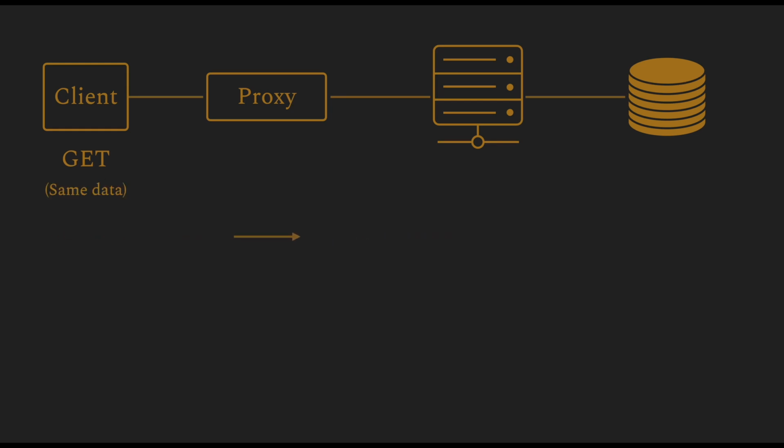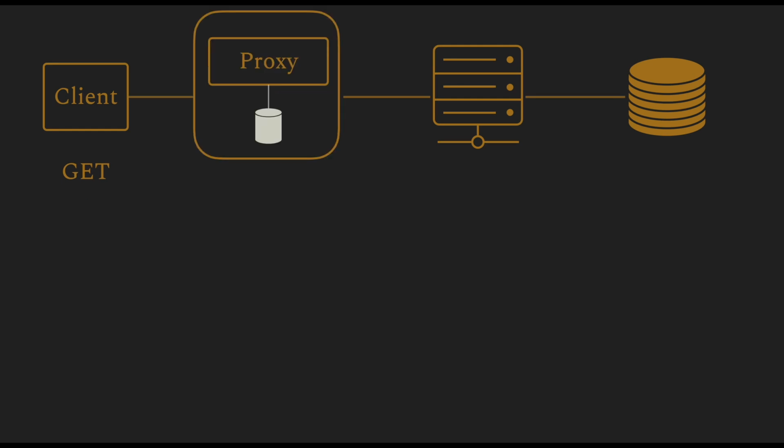Now, if the client makes a GET request for the same data once again, the same steps are required to fetch the data. However, we know that GET requests do not modify data on the server. So it's a reasonable assumption that the second GET request will retrieve the same data as the first one in this example. If the same data is requested via GET any number of times, assuming that data wasn't modified on the server by some other means, the same data will always be returned. So it's wasteful to make all these round trips to fetch the same data over and over again.